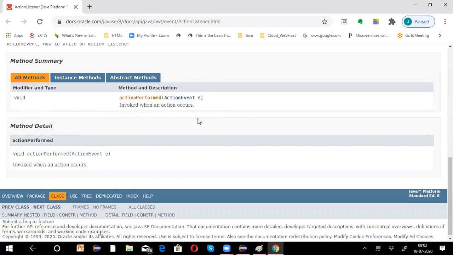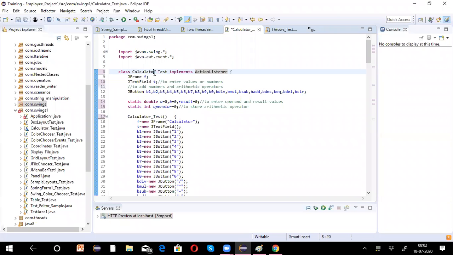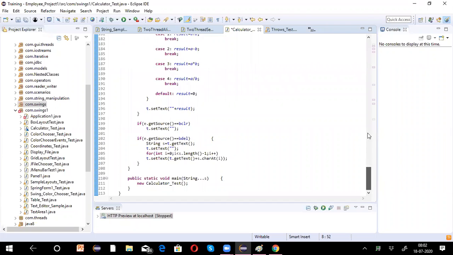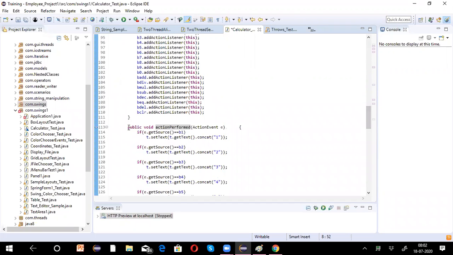So here we have to override. Since this class implements ActionListener, we are supposed to implement the actionPerformed method. So public void actionPerformed(ActionEvent e).